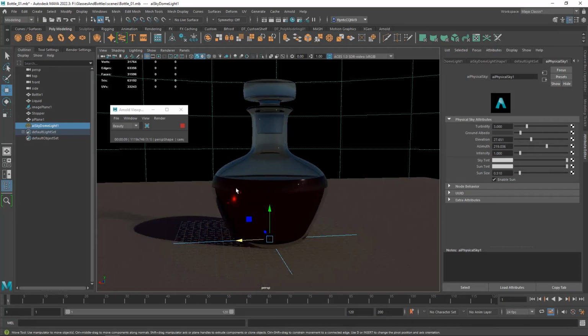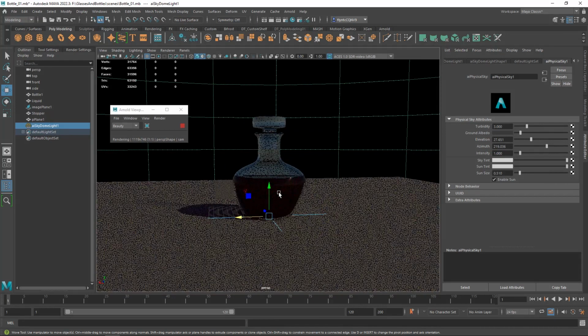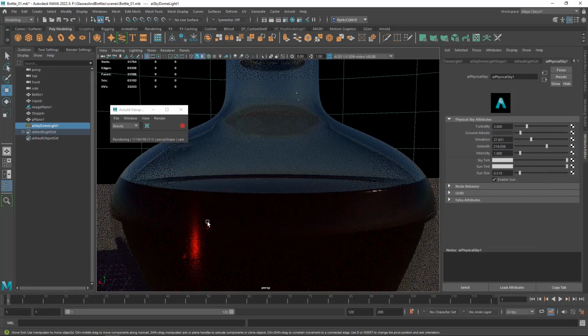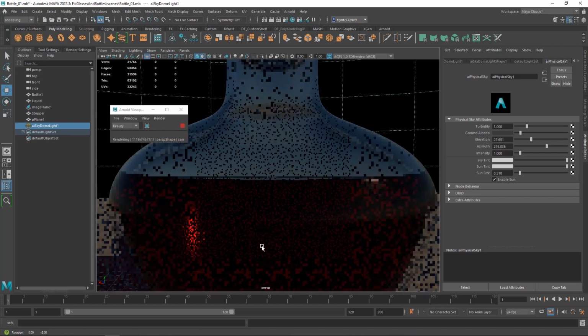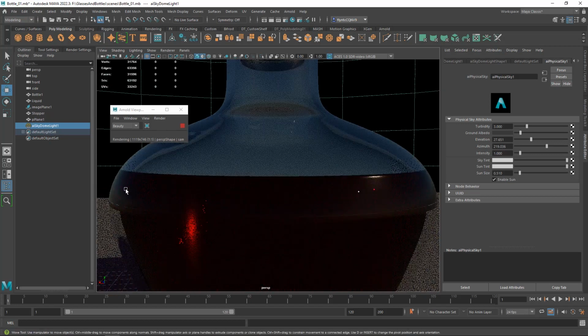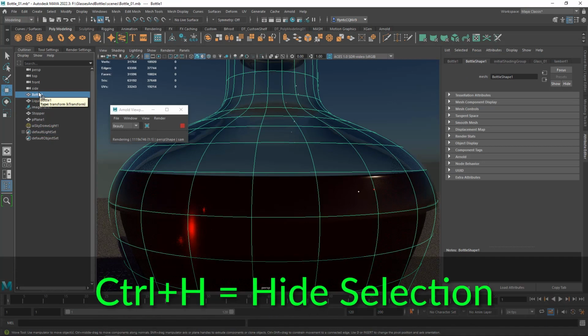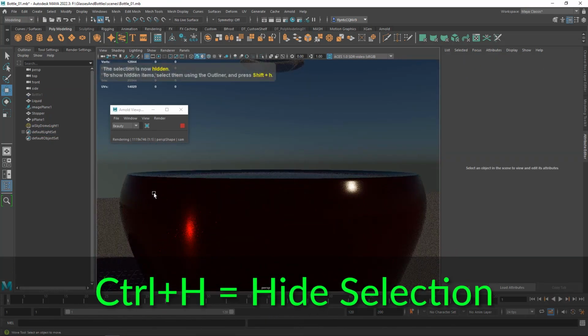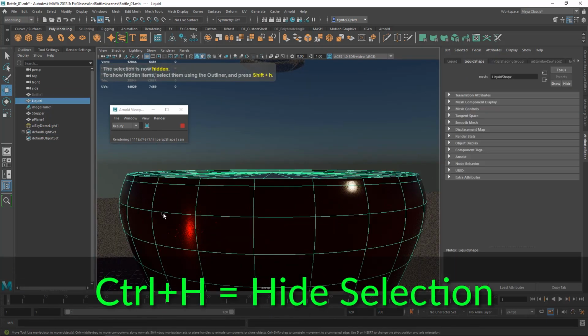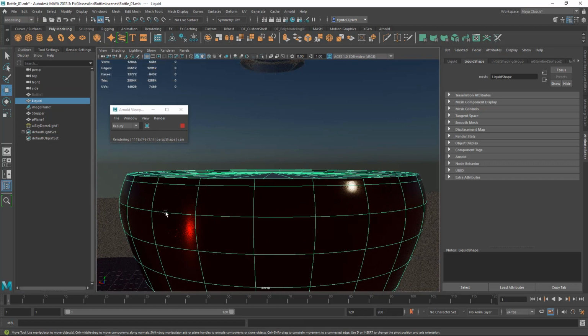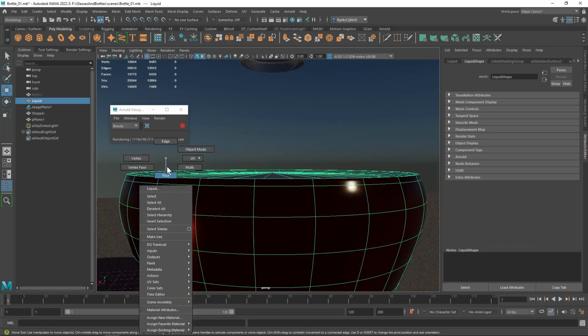Now I have one thing that I need to deal with right here. You can see this sort of dark band around my bottle. That is because the liquid mesh is colliding with the inner surface of the glass. So I need to pull that edge back a little bit. So I'm going to select the bottle and hide it by pushing Ctrl H. And then I'm going to grab this edge here